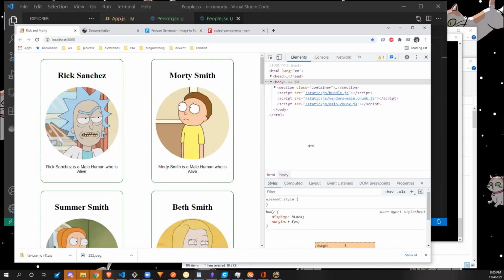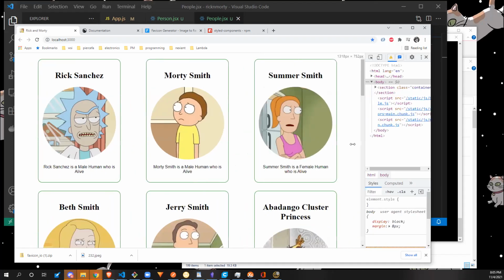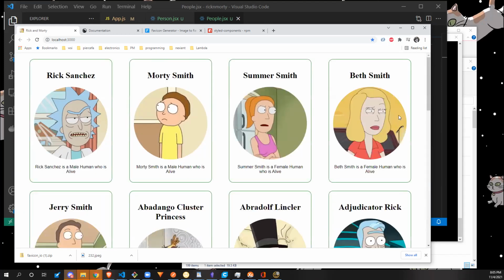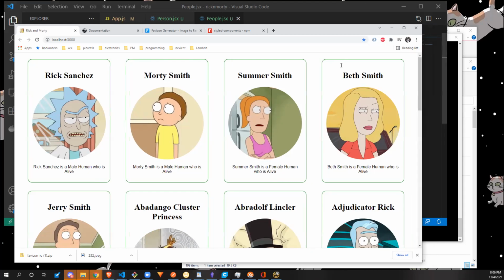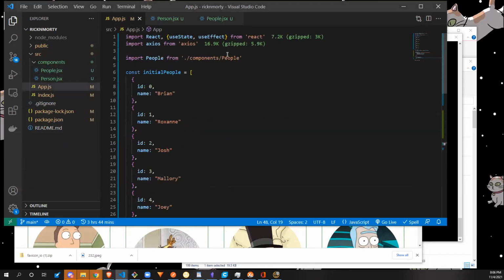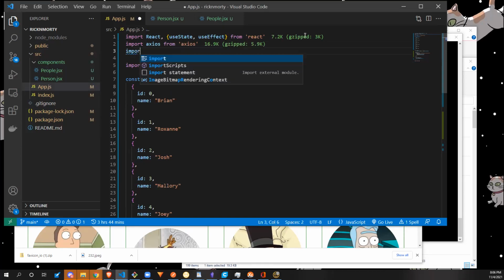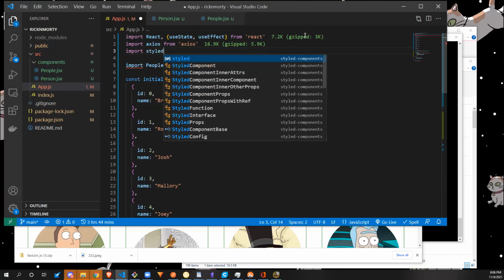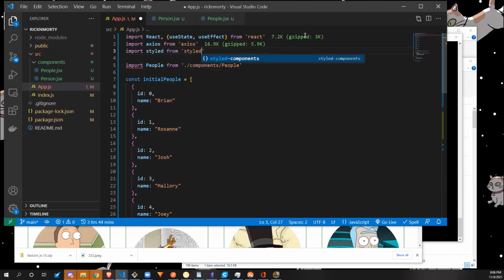So as we make this go larger, we'll close that. There. Now I can make it go smaller, smaller, smaller, all the way down to phone size. And this actually works pretty well. And let's do one more on app. So we'll import styled components,